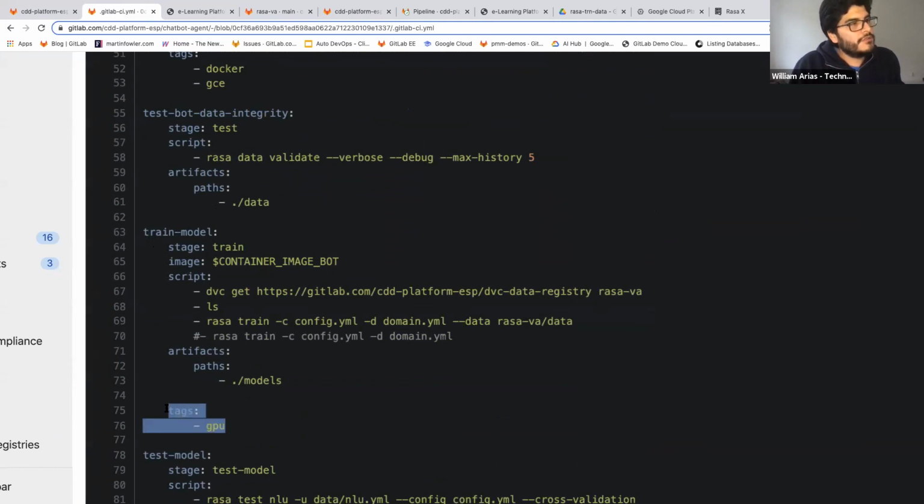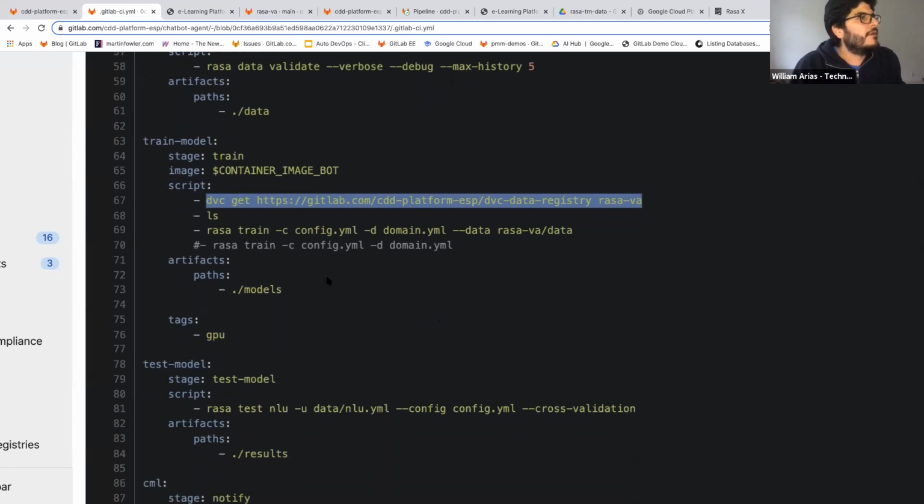So what this is doing is that I am automatically telling the CI system, whenever it comes to train the bot, please don't use any regular machine, use a machine with GPU, because we need power to do this. And this is the command that I was mentioning, that is bringing the training data from the external remote